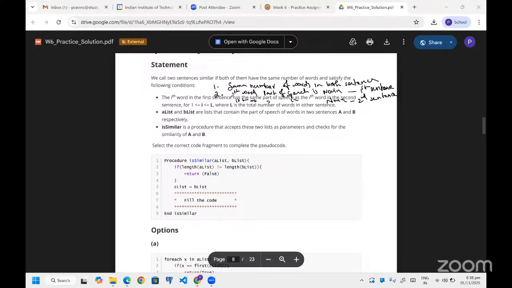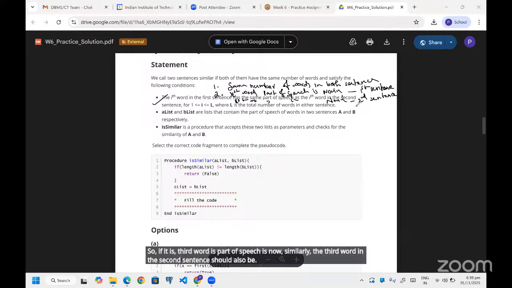This is what they mention as the ith word in the question. So if the third word's part of speech is a noun, similarly the third word in the second sentence should also be a noun. Okay.